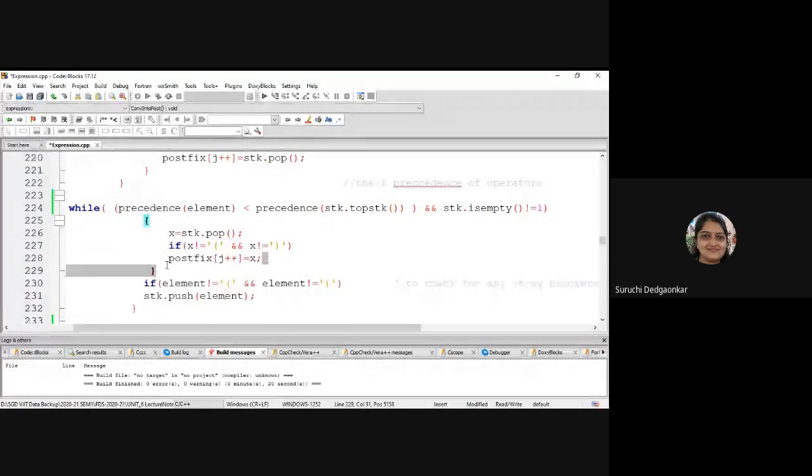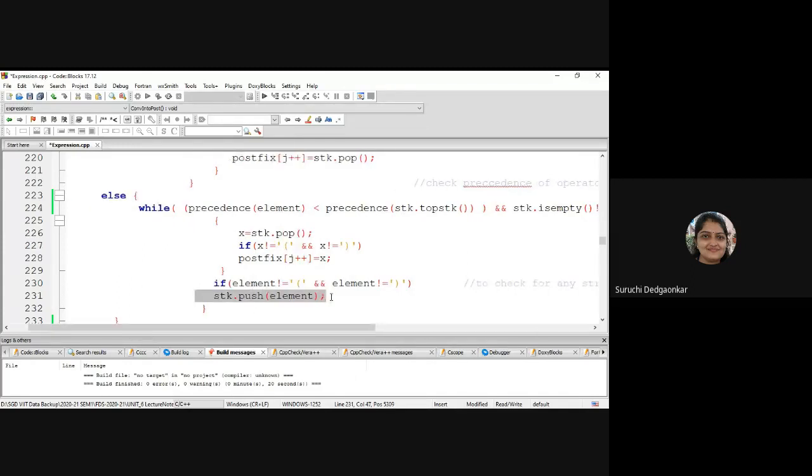But if they are brackets, they are neglected. Brackets will be neglected from the stack. Okay. And then we are pushing the current element into the stack. After copying all higher precedence operators using this while loop, we are pushing the current operator into the stack.